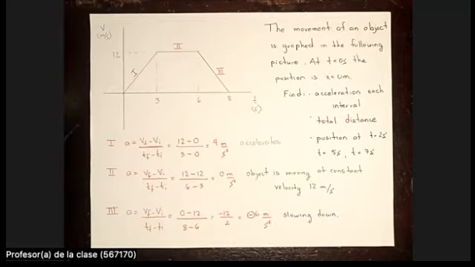Question number two will be the total distance. And remember, this is very important. The total distance will be the area under the lines, okay, under the lines. So that means that, for example, here, this area,